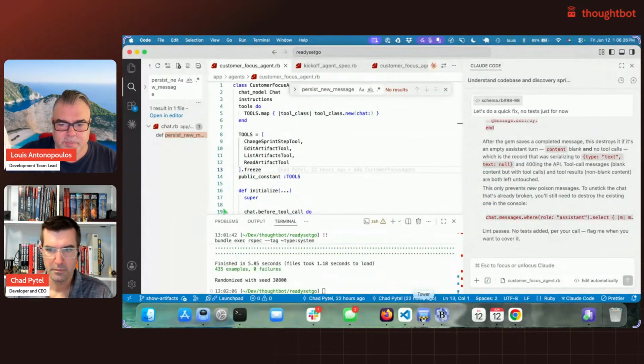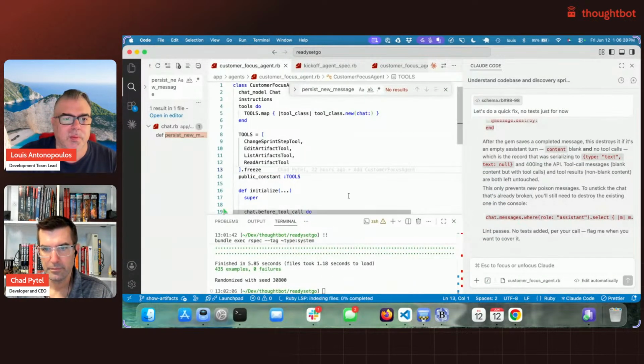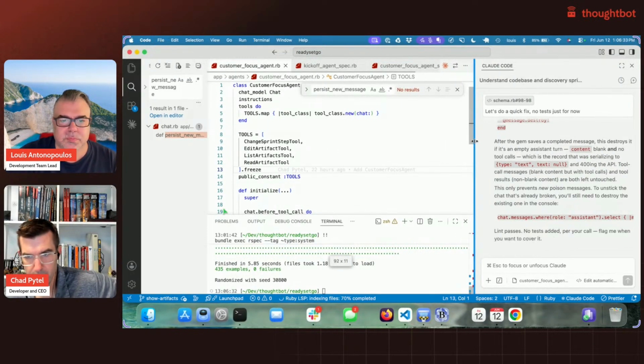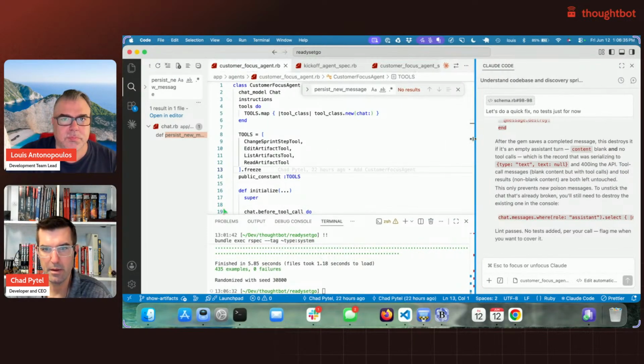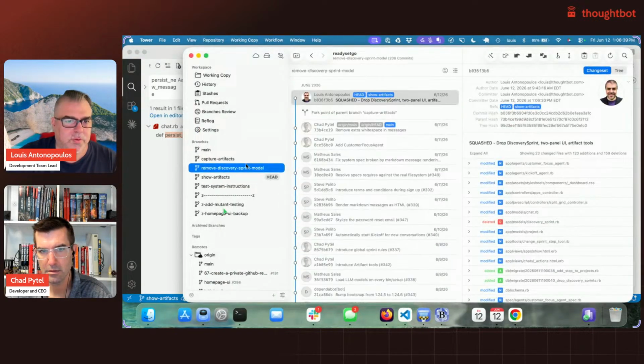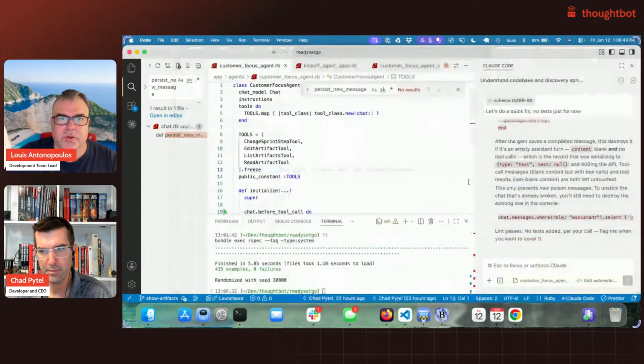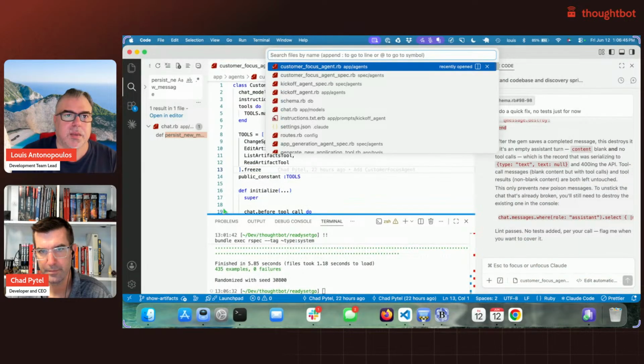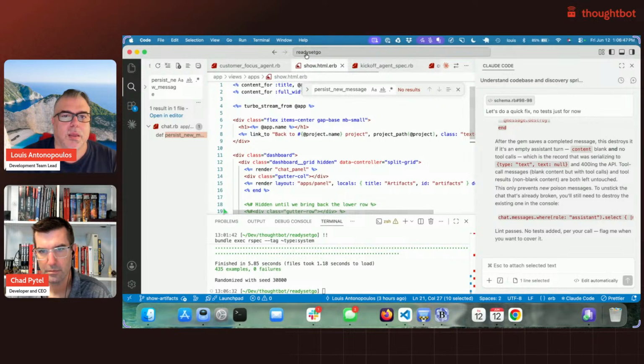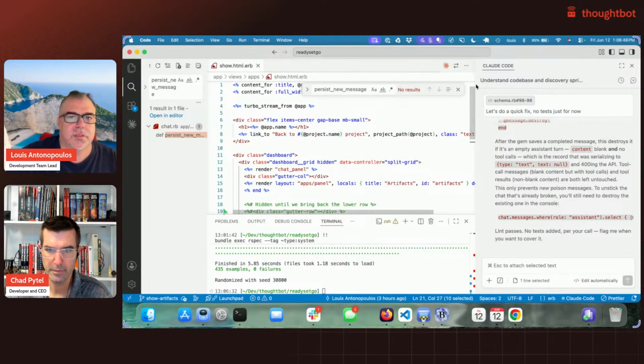Yeah, where do you want to start? What was that in the view? You had the artifacts panel. Yeah, so that was, so apps show. Let's pull up that, and let's close the others. Okay, so